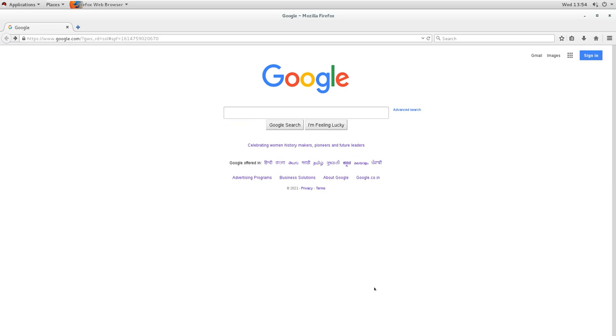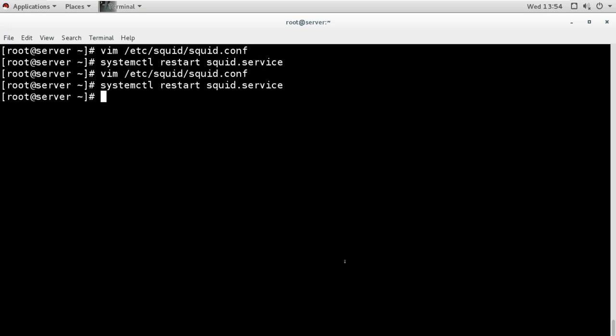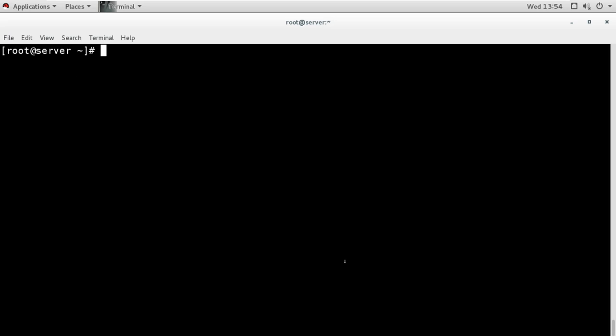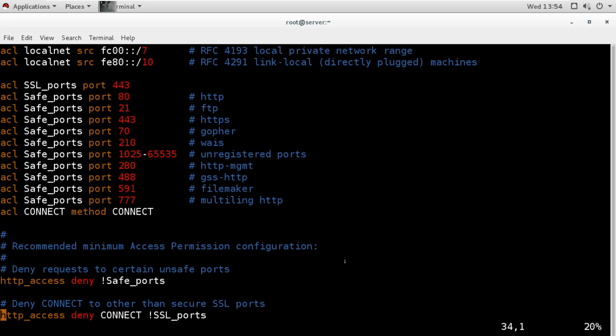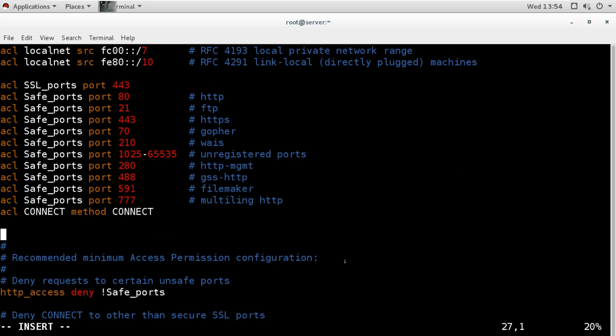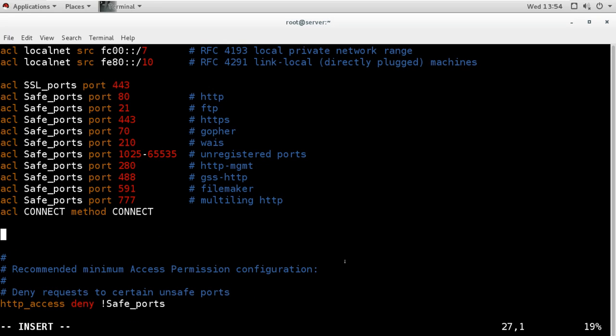Now these are the default ACLs and default configurations. If we want to add something or change something, then we can do this. For example, I want to deny somebody, so what will I do? I will edit the configuration file and create a new ACL for myself. And remember, you can create the ACL with any sequence, but for applying you have to manage the sequence. So in this section, I will say my ACLs, and I am going to create the ACL.